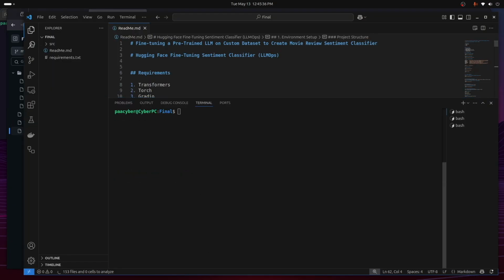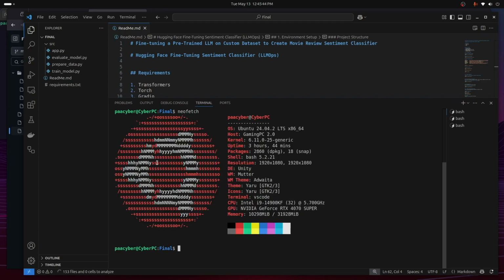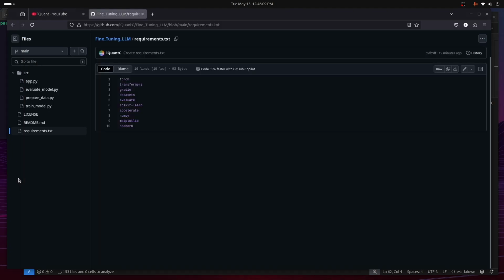By the way, I have the exact same code cloned in my local repository here. When I do neofetch, you see that I'm currently on an Ubuntu 24 system. I have a GPU, which is an RTX 4070 Super. So I have enough resources, but most importantly, I have a GPU, which is why when I go back here,